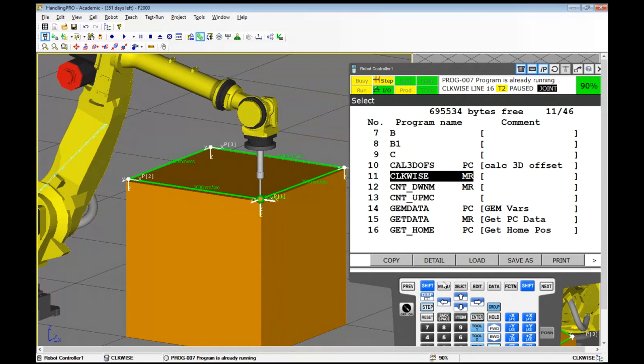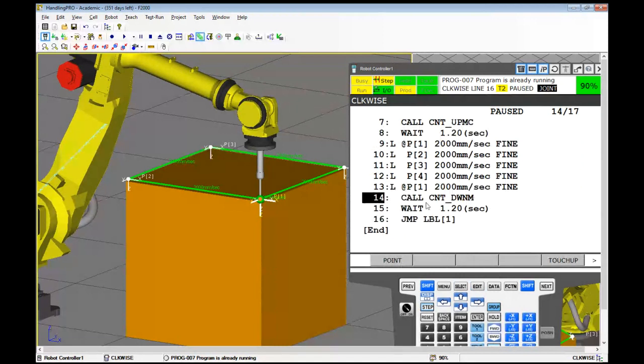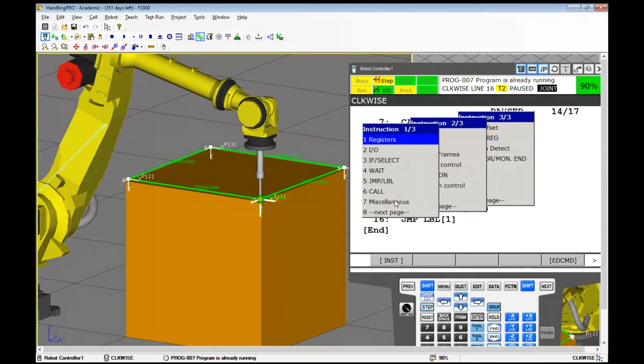But under the manual function screen now, I defined it with this much longer explanation of what this macro is, and I've assigned it. So it doesn't say not assigned now. If I wanted to, I could just execute it right here. However, I can still execute it from the clockwise program through this call. Or now, if I come back over to instruction, one of the choices under instruction